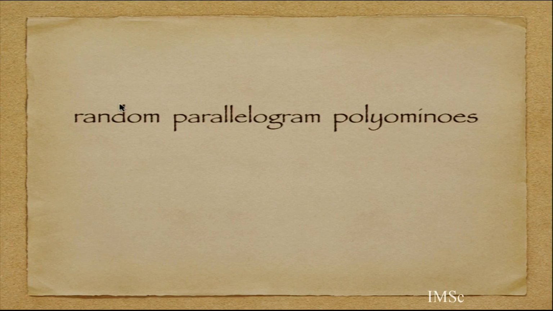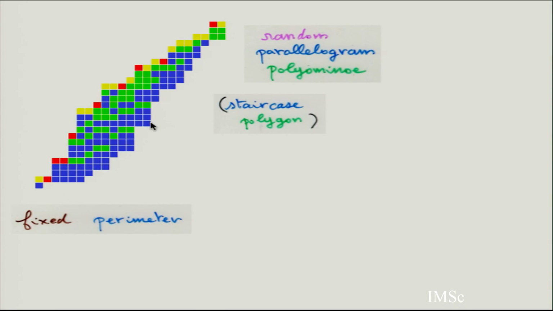Some complements: you can generate random staircase polygons. When you have a bijection for proving the algebraic function or the q-Bessel function, then you can get an efficient algorithm. For example, this is a random parallelogram polyomino with a fixed perimeter. It's a Catalan number, so it's an algebraic equation. It can be encoded by Dyck paths. It's an algebraic language, so there is a very efficient algorithm to pick at random a word of an algebraic language. In theoretical computer science, this is taking at random a word generated by what is called an algebraic grammar.